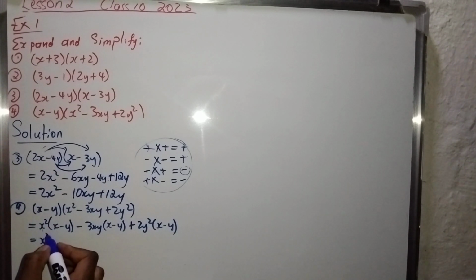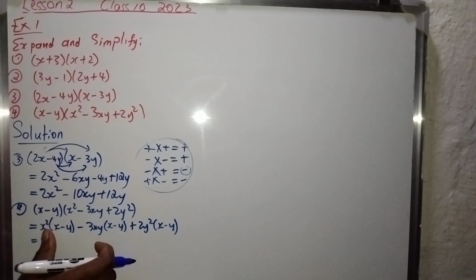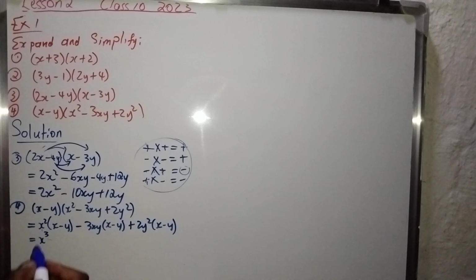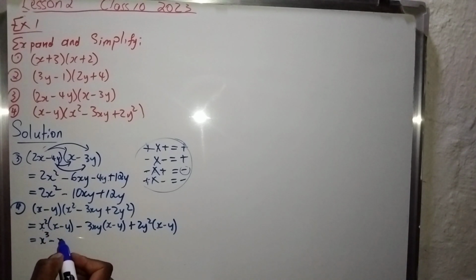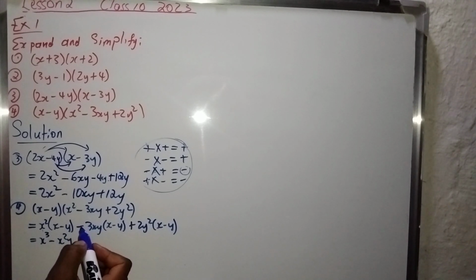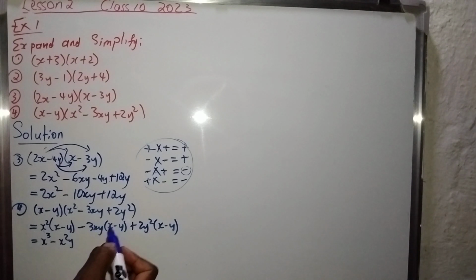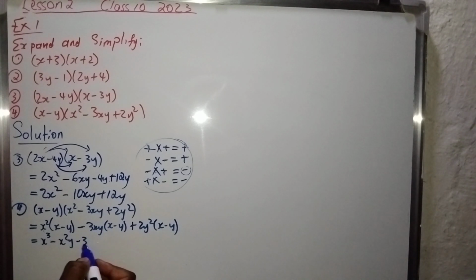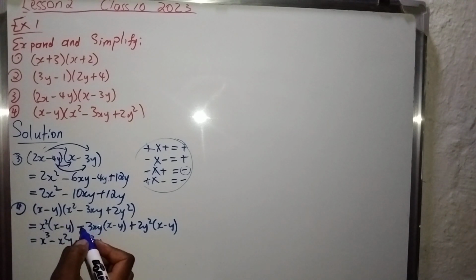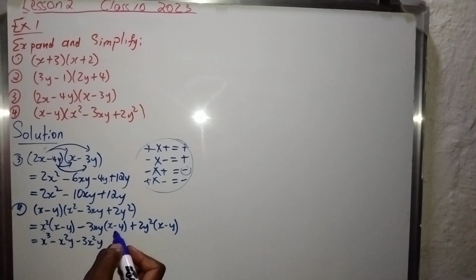So x squared times x must be x cubed, and then x squared times minus y must be negative x squared y. And then here it's going to be negative 3xy times x, which must be negative 3x squared y. Remember, there are two x's here, so it should be squared. And then negative times negative y must be plus